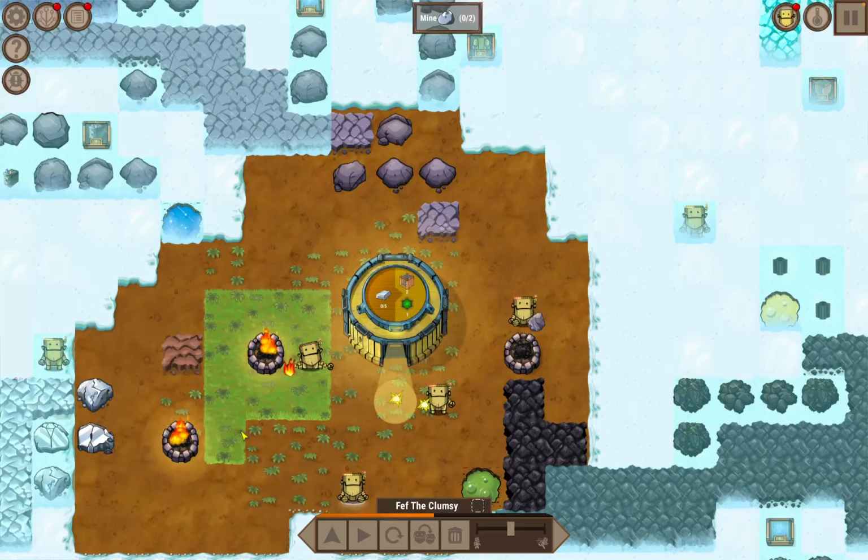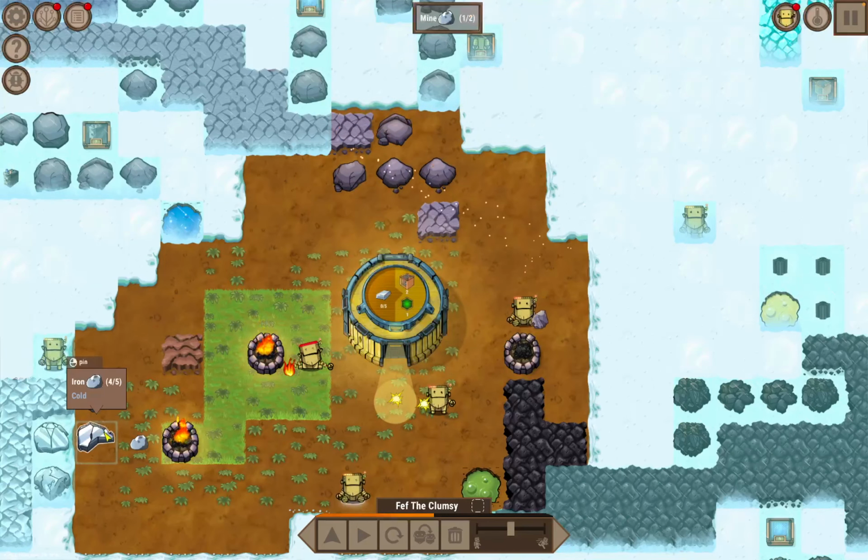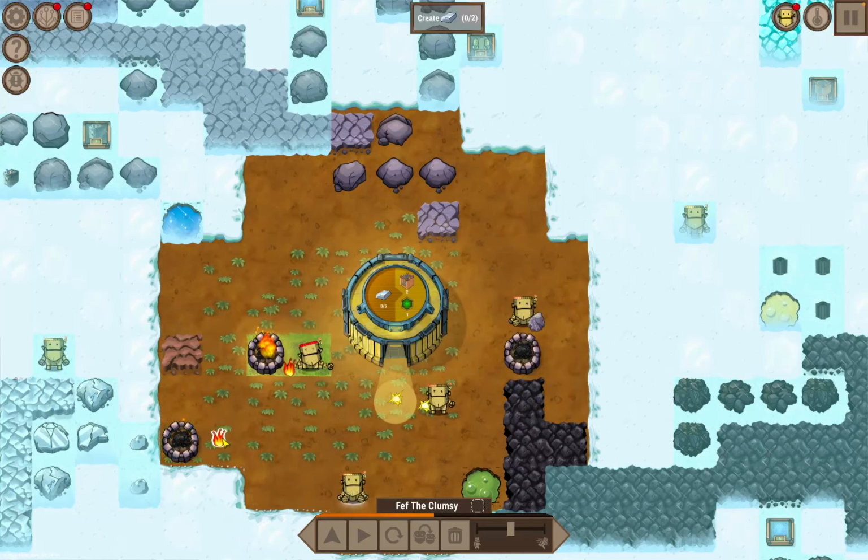Okay. So now we need to mine a couple pieces of this. So we have iron now. Okay. And in the iron there's only 5 per ingot, or per mine there, basically. And we will create 2 steel. So we're going to need 4 pieces of... Oh, no, it's 1 per. So, okay, we need 2 fire. So we're going to go stone, stone, there, coal, fire, and...